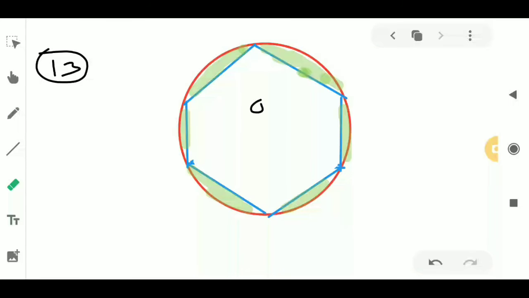Now I am going to do question number 13. Here it is given that a round table cover has 6 equal designs as shown in the figure. So I am going to draw the diagram for question number 13. It is a table cover and 6 equal designs are there. Those designs I am showing in green color, and center O will be here in the middle. Now I will join this point and this point. So now it is a sector. I can name it, suppose AB.